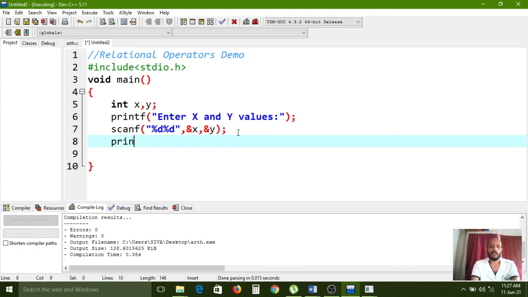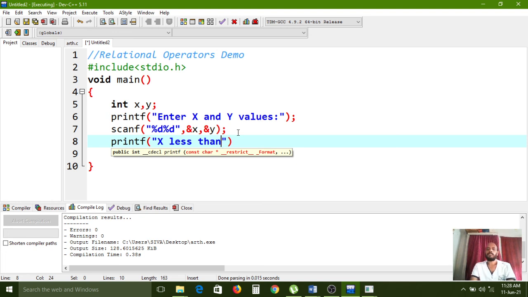Now taking the input values is over. Again I want to print a message. What message? x and y, x less than y equal to %d.